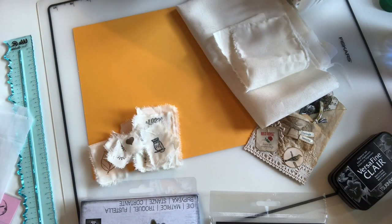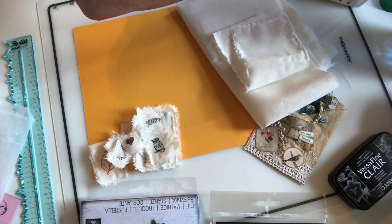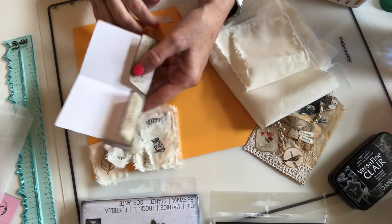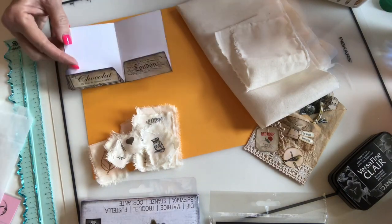And I thought there was something else in here. Oh, well, I mean, I've been buying some digital kits,